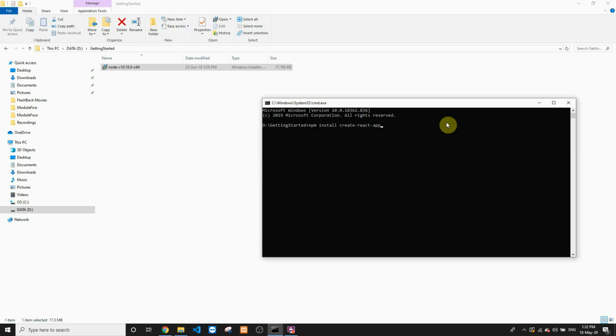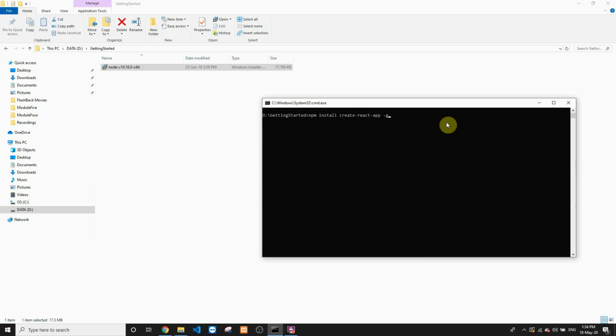You can go forward and do npm install create-react-app, and this should be done globally. I can append -g, which says install this particular package at the global level of my system. I already have this module installed in my system, so I won't be entering this command. But on your system, once you enter this command, you'll see a set of processes getting executed in the background. This installation of Create React App might take around 2 to 3 minutes depending upon your network speed.